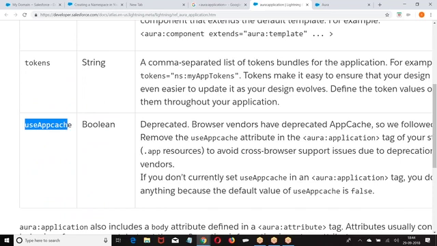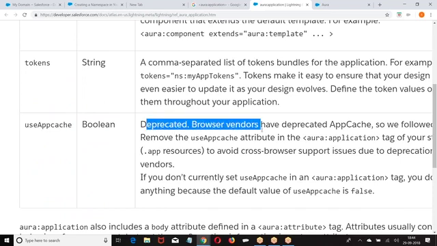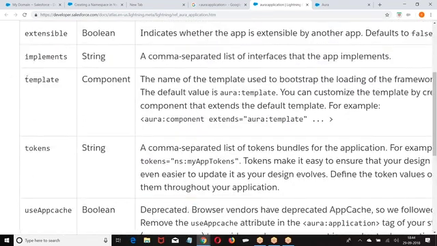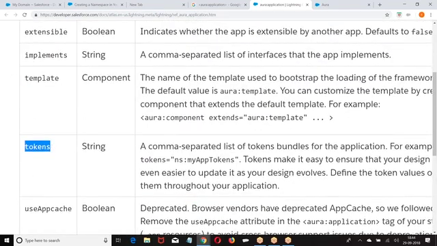Use app caching. Now, it's already deprecated, it's no more in use. Basically, what was this? When you open a login page, login.salesforce.com, and give your username, the rest is auto-populated, right? What was that? Caching. It's already deprecated, no more in use. So what are the two things we have? Template and